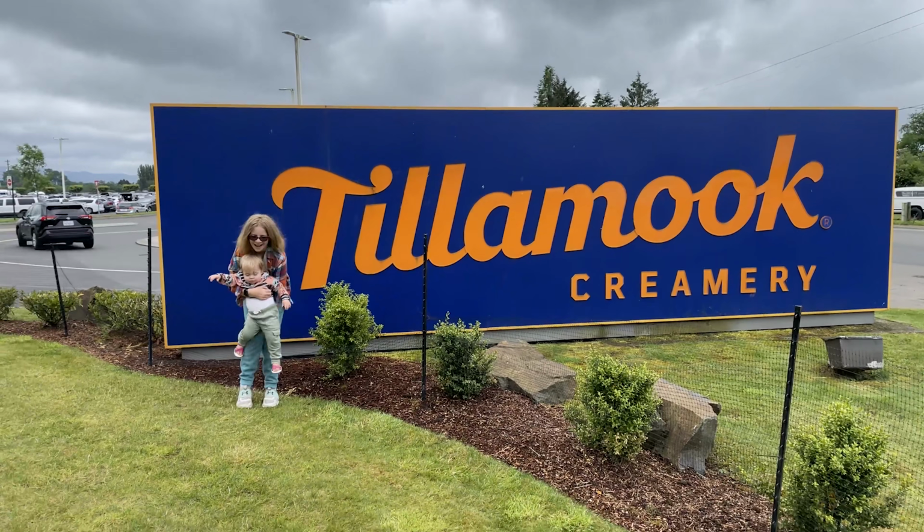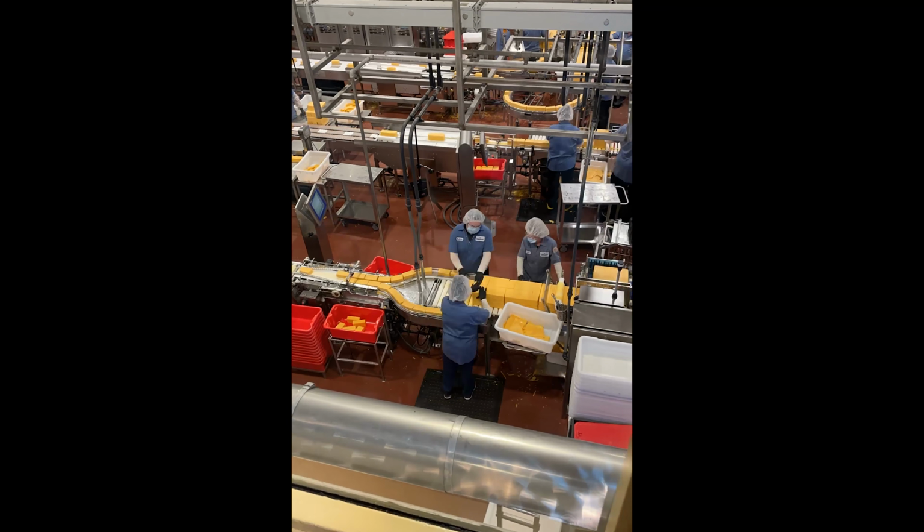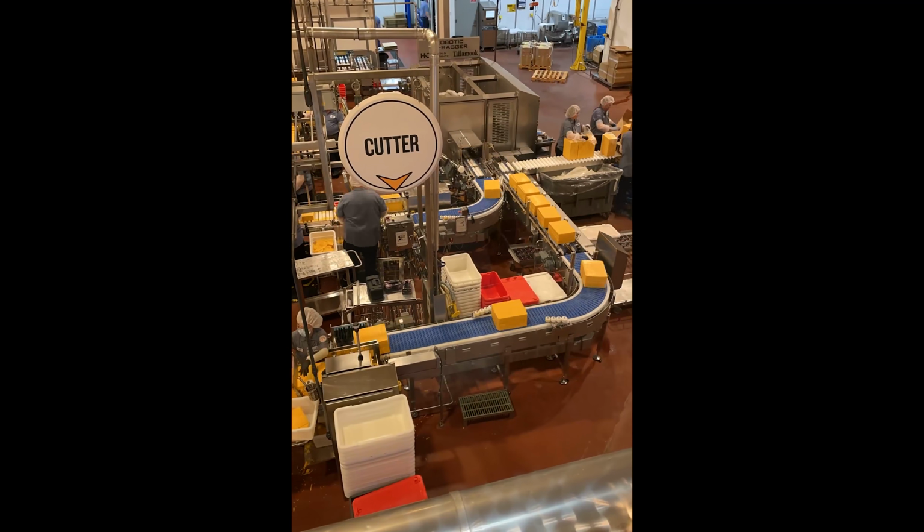So it was a big difference from some of the parks here in Colorado where water is much more of a commodity and a little more sparse. That was really nice and made camping really easy with the family. We did stop at the Tillamook Cheese Factory. Took a little self-guided tour, saw how they package up cheese, got some delicious samples,